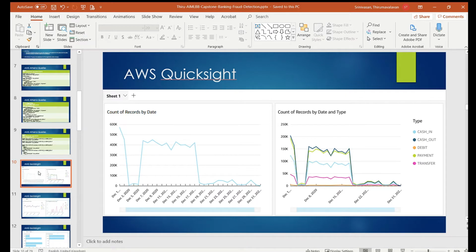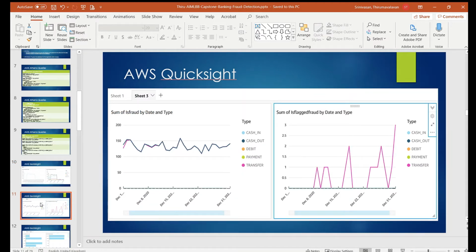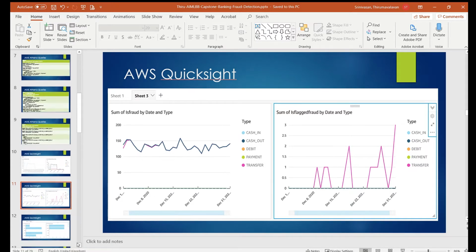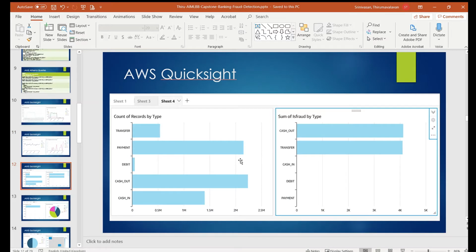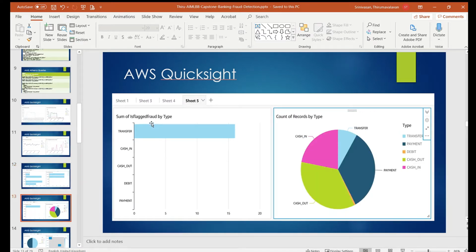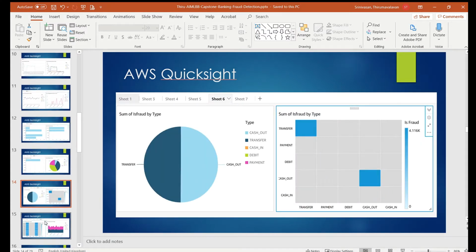Once that is done, we can use AWS QuickSight for visualizing. QuickSight makes it easy to create visualizations. Here we are seeing the records by date and the records by date and type, and next we see the fraudulent transactions by date and type, and the flagged fraud transactions by date and type. And here we are seeing the bar charts for records by type, fraudulent transactions by type, and fraudulent transactions for flagged fraud, and then the pie chart here, and we can create the heat map,